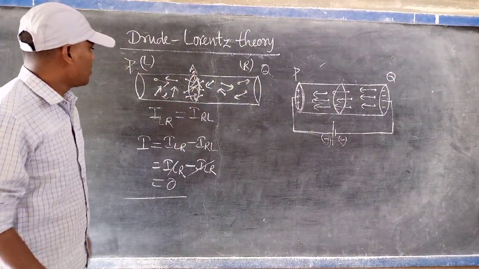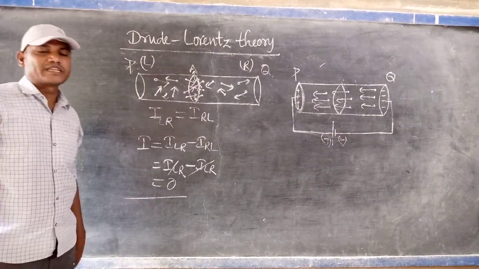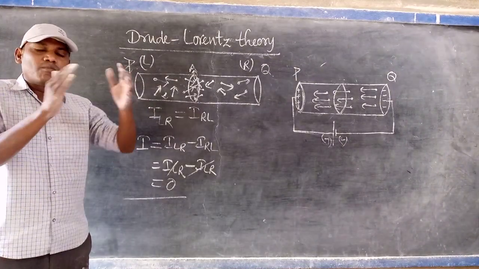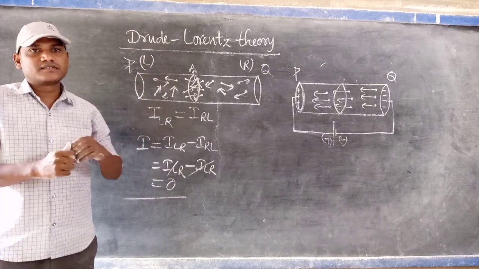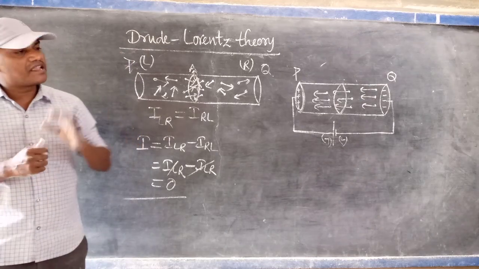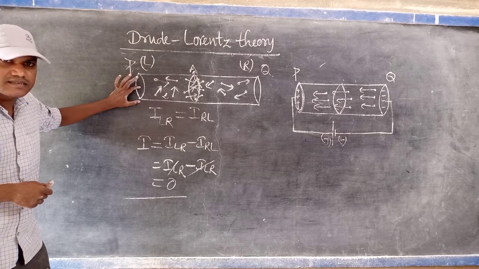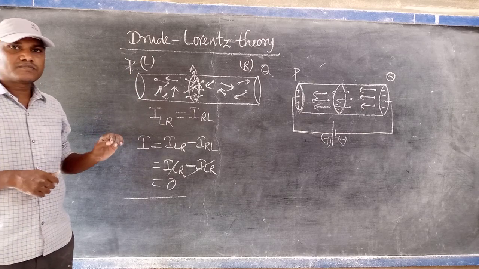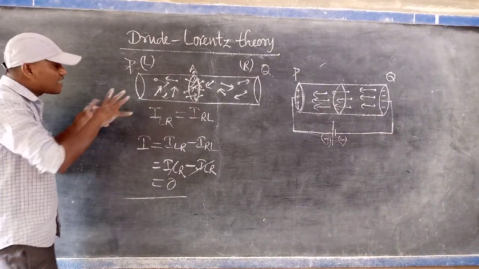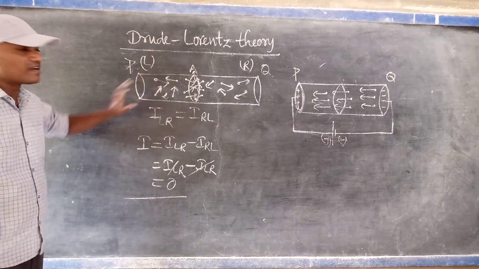So during the examination you draw these two diagrams. How to? Once again listen, I will explain. The scientists Lorentz and Drude explained the flow of current by the electrons in a conductor. First of all, we take the conductor. The free ends of the conductor are not connected to any external source like a battery. At that time, the electrons are in random motion.